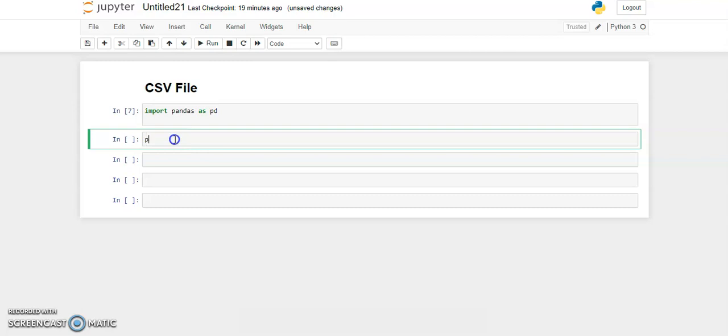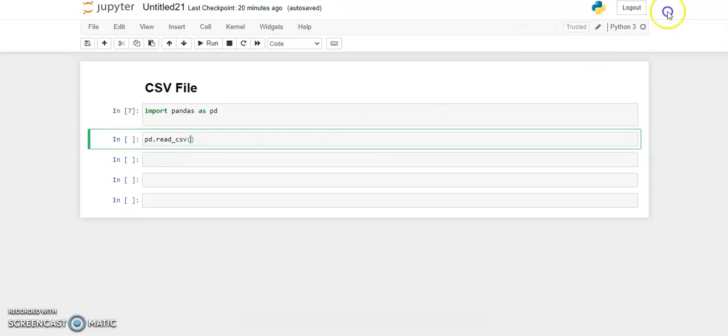Simply, first we write pd.read_csv, and then we pass here the path of our file. First we need to go to where our data is in my system, and if we have data in CSV format, we pass it here.